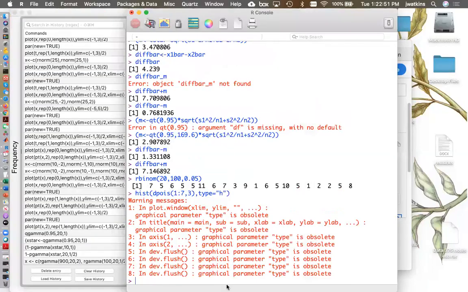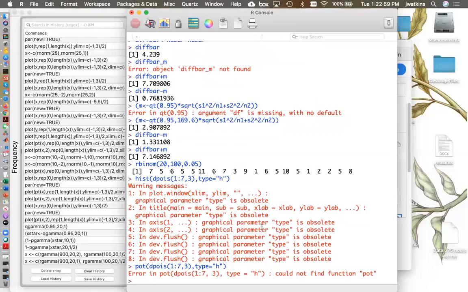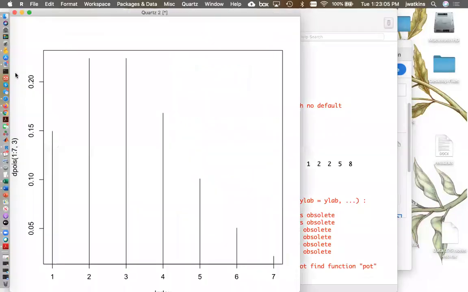Whoops, that's not what I wanted to do. I wanted to do this. If I can spell plot correctly. Okay. And I got this plot, and I said, you know, my best guess is 3, but it's probably going